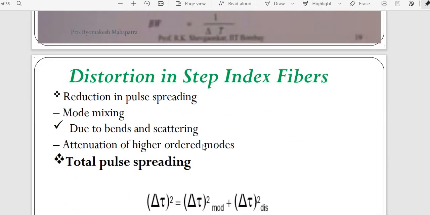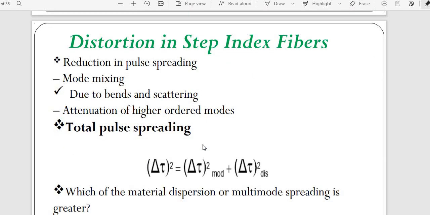And how do we get that particular index value for distortion? What is the meaning of distortion? It's not the desired information. It is noise or some sort of disturbance in the signals. Whenever we have any kind of disturbance in the signals, we should know it, right? Because we need the desired signal. We don't want the distortion signal. So to get the desired signal, we need to consider distortion in step index fiber. In order to get that, we need to reduce the pulse spreading. Whatever pulses we have, we try to reduce them because we want the desired information to be passed.